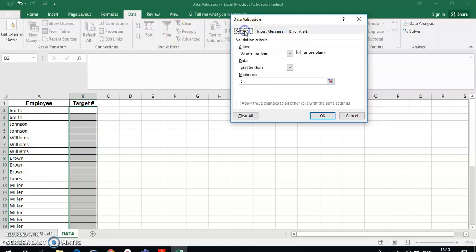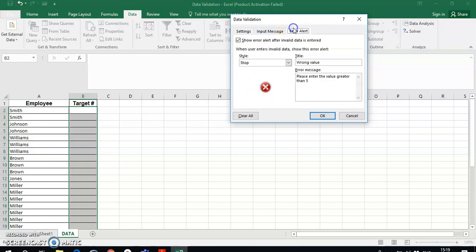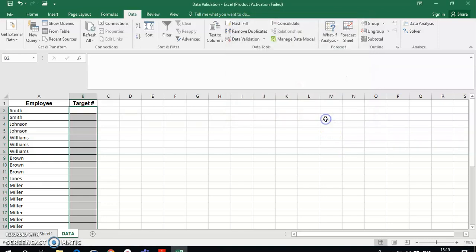In Settings, we have made it whole numbers greater than 5. In the Error Alert, we have made Wrong Value the title, and the message is: Please enter the value greater than 5. And then I click on OK. Nothing is going to happen until you enter a value. So I'm going to enter values. If I enter values like 6, 7, 8, 9, there's no problem. If I enter the value 4,